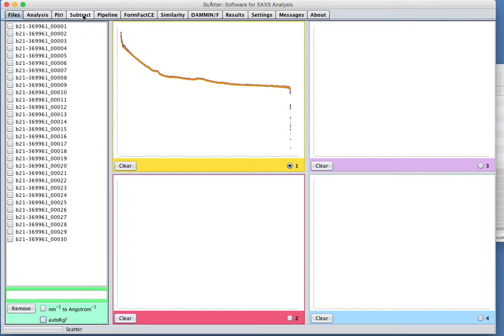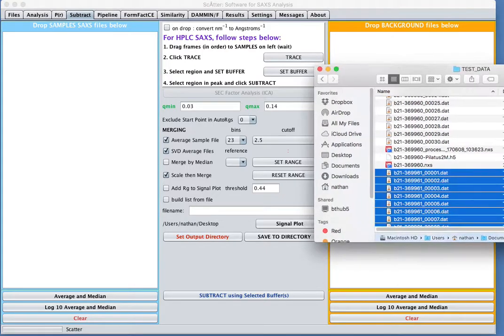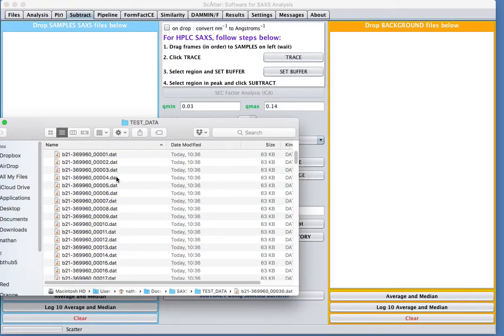But let's move on to the averaging and subtraction step. We're going to do that in a minute. So we go to the subtract tab. Okay, and we have two boxes here. This is the same as the HPLC. There's one box for samples and there's one box for background. Okay, so I am just going to load up my